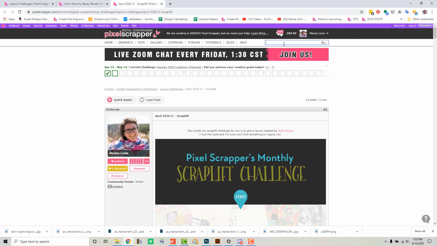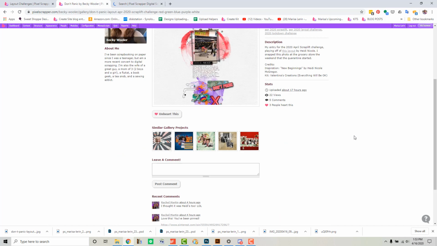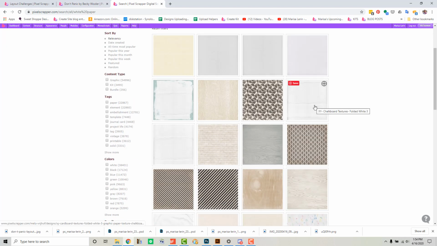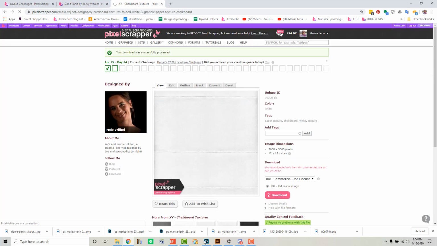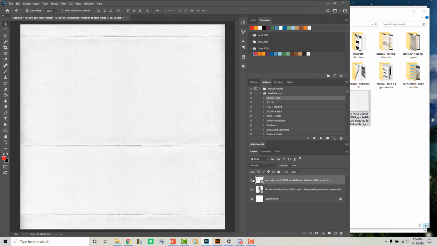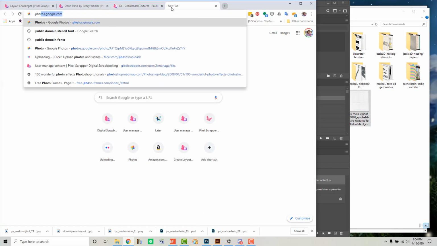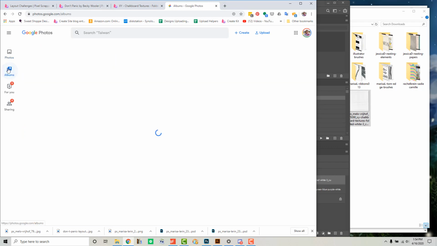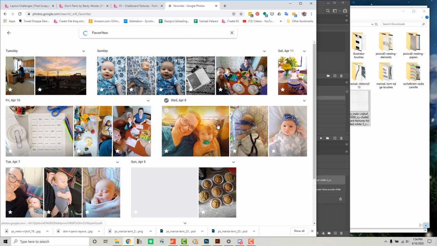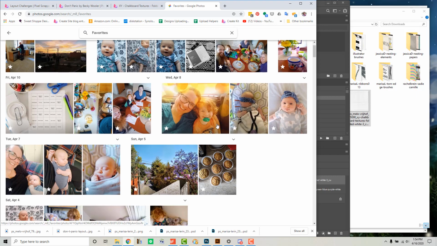So I have this layout that I'm scrap lifting open in my Photoshop document, which you'll see in a minute, just to help me kind of match what I'm doing. And now I'm just getting first a white paper, which I'm downloading, and you can see there I've got the layout that I'm copying there, and now I'm here on Google Photos, and I'm just going to look for a